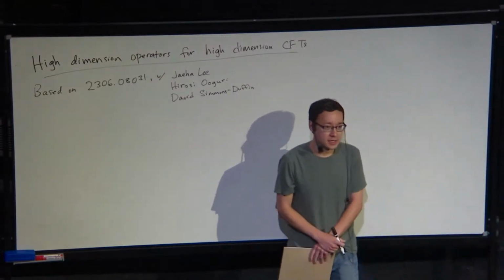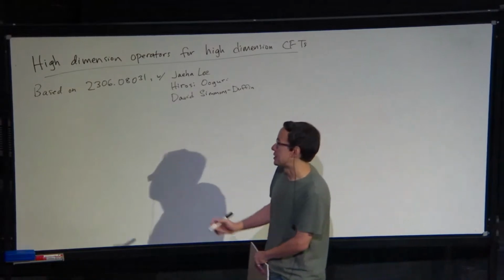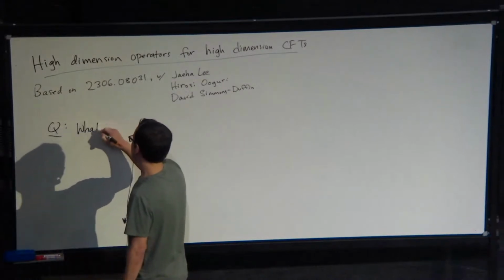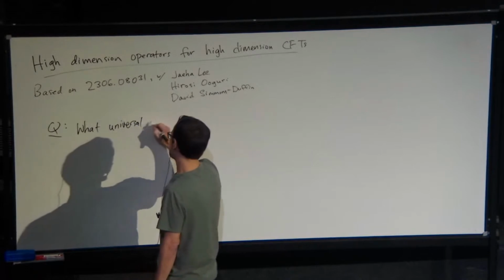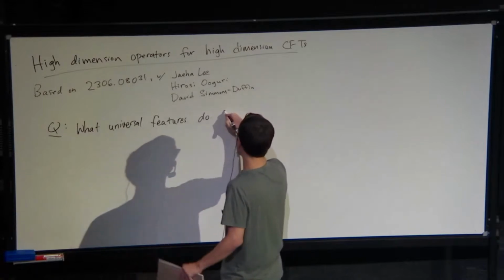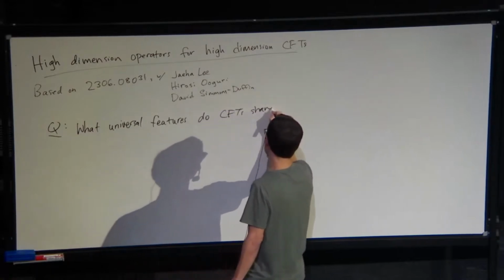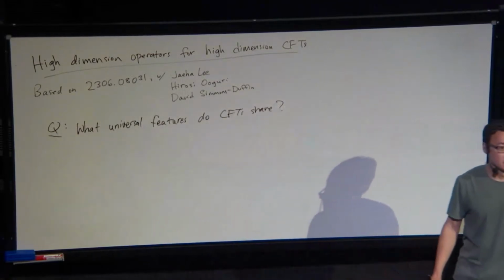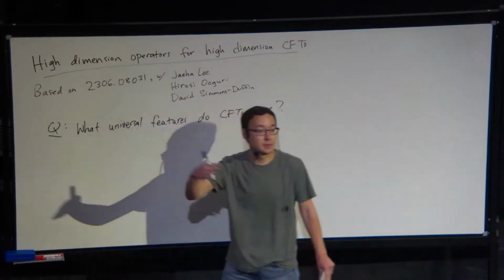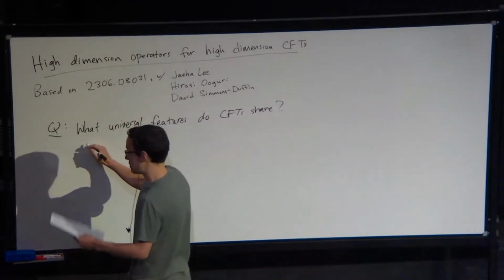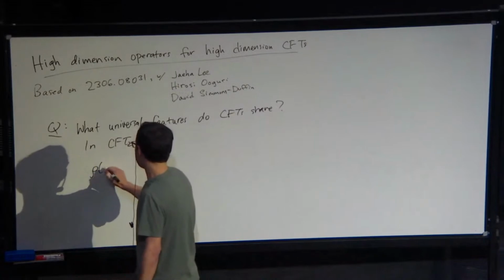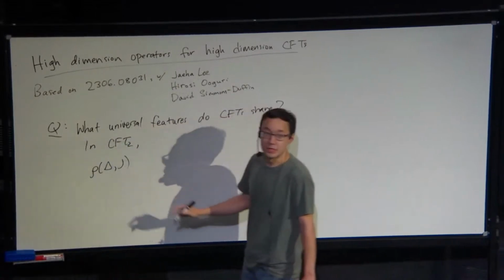So before I get into the meat of the talk, let me just start with the big picture question of what we're going to ask in this talk. The question we're going to ask is, what universal features do all CFTs have? Now, in 2 dimensions, in CFT2, the entropy of high dimension operators for a CFT is famously universal. So in CFT2, we have the density of states with some conformal dimension delta and spin j